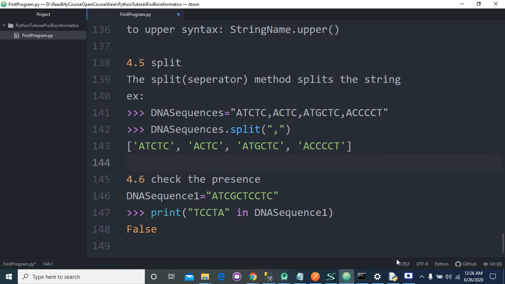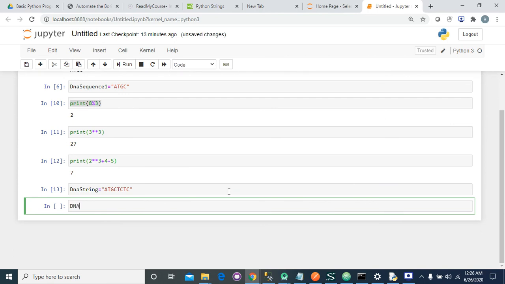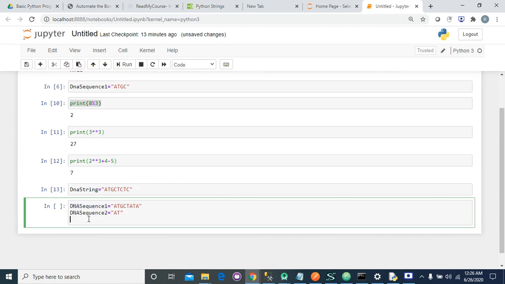Now we will see some examples. If we have DNA sequence one equal to TCTA and DNA sequence two equal to AT, then print the addition of two strings.